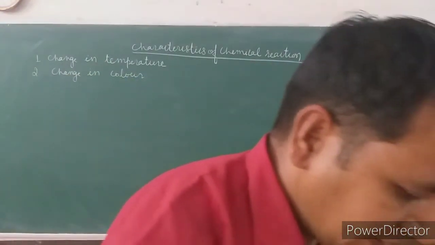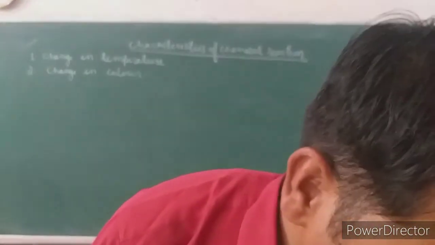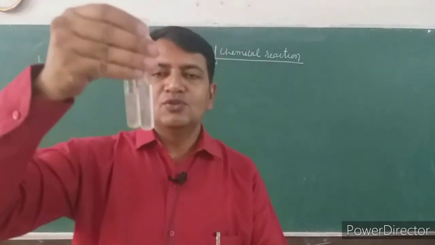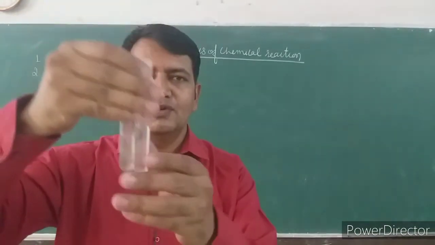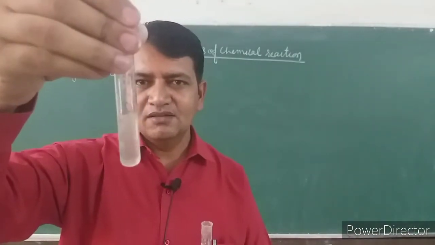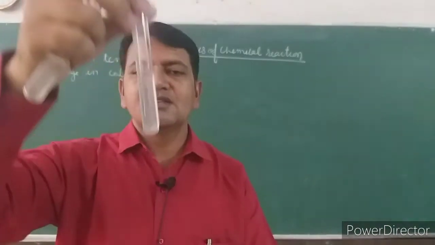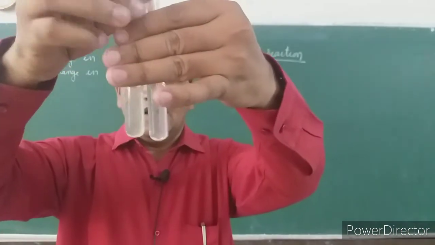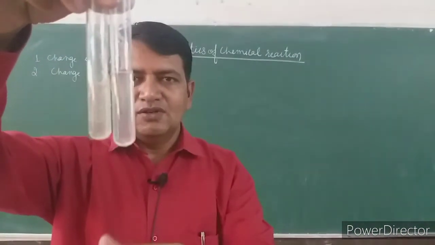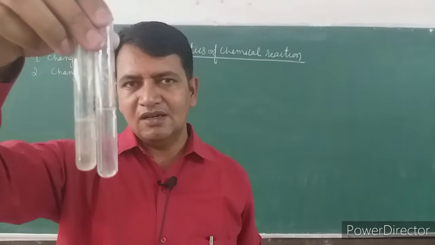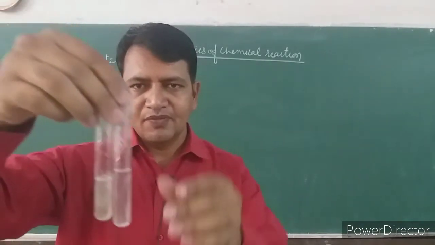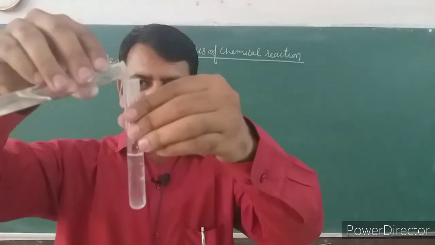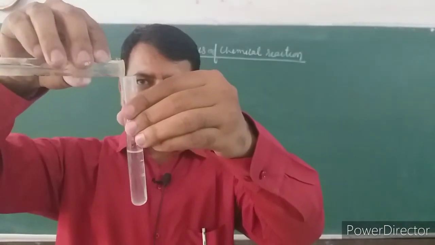To understand the change in color, we are dealing with two aqueous solutions: potassium iodide and lead nitrate in distilled water. As usual, you can observe that both solutions are colorless and they are prepared in water. When we start to add one solution to the other slowly,